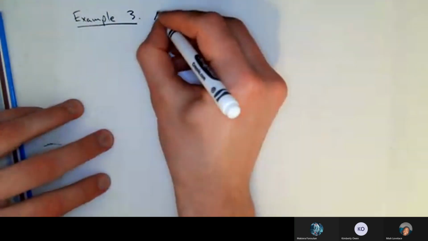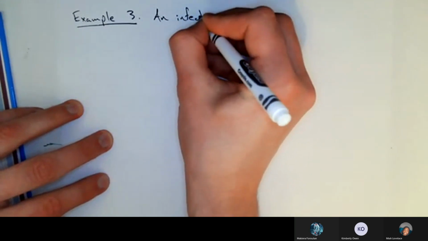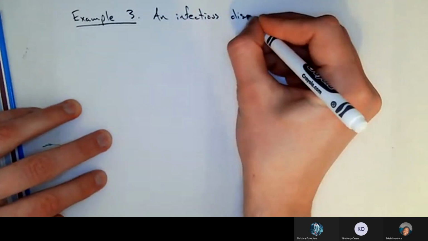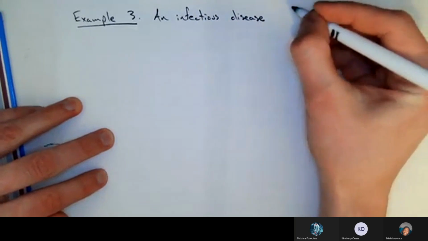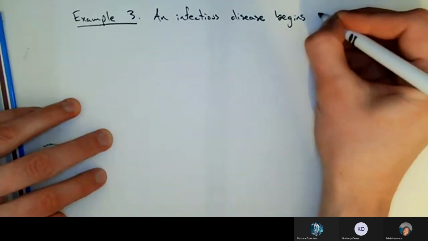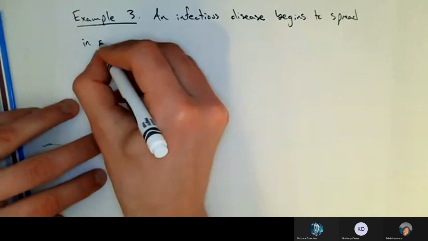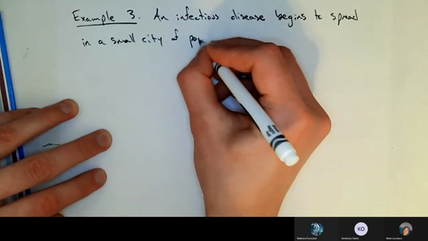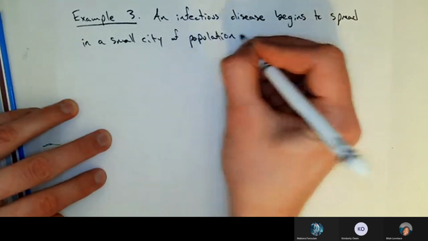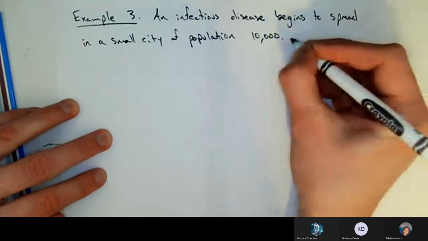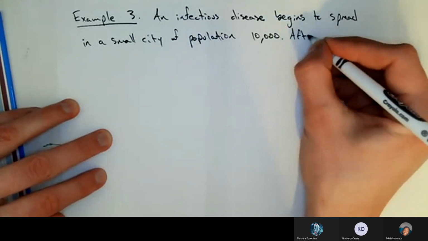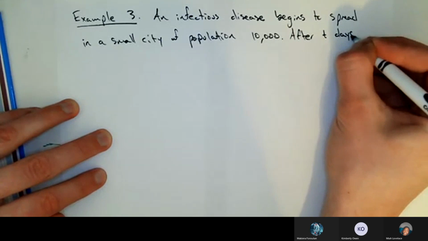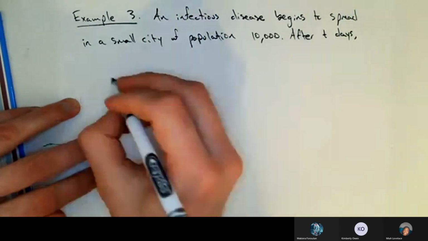Example 3. Here we go. An infectious disease begins to spread in a small city of population 10,000. After t days, the number of people